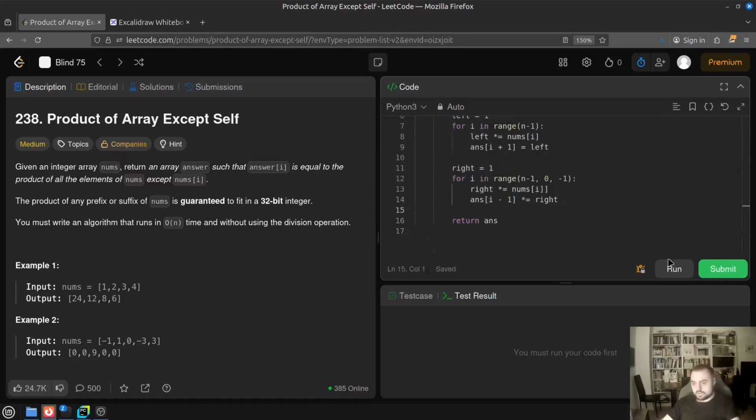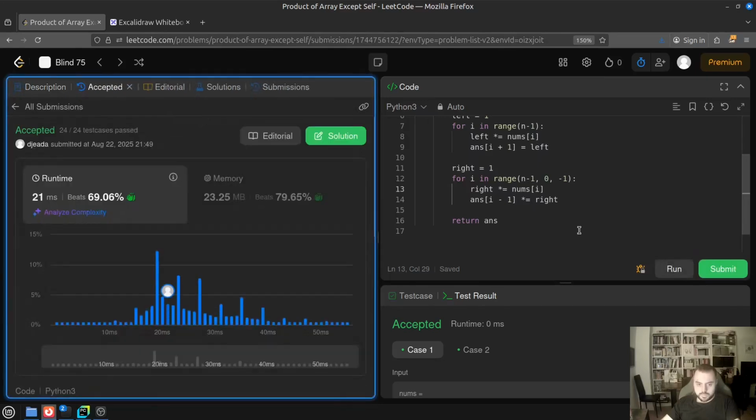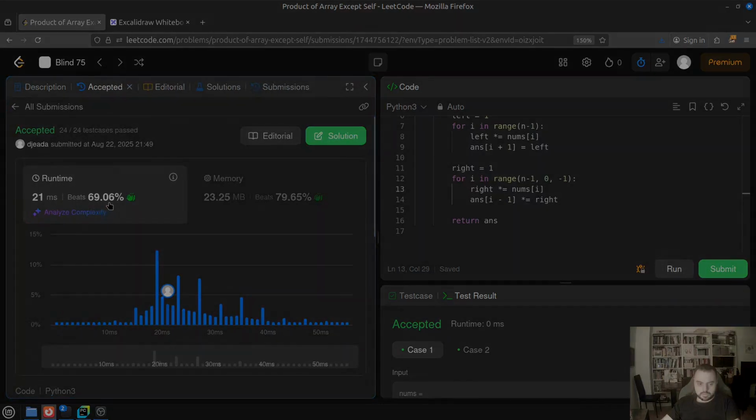Okay, let's try it and see if that's correct. Unmatched bracket. And for the first 2 cases, it's correct. So now let's see on all the cases. And we beat 69%